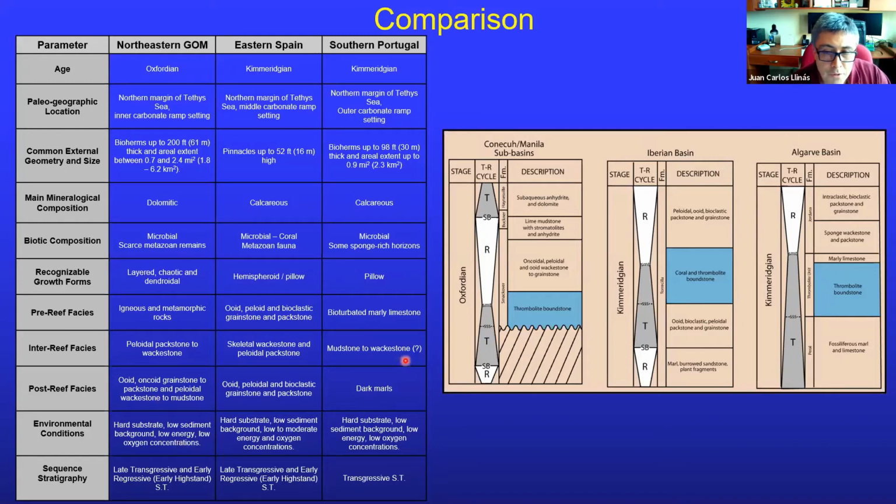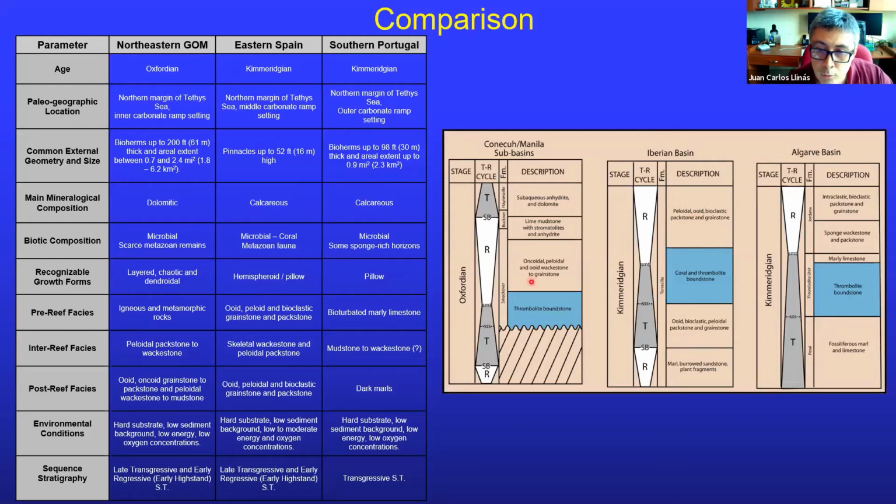And in terms of sequence stratigraphy, these graphs summarize the main idea. For the case of the Smackover, they develop in the late stage of the transgressive systems and get into the lower part of the following regressive tract. In the case of the Iberian Basin it is something very similar. They develop at some point during the late transgressive cycle and got into the highstand, but then they were